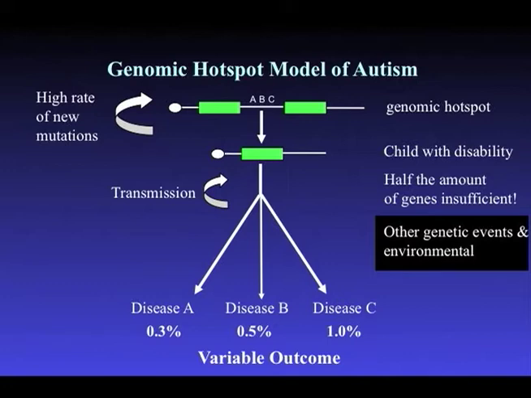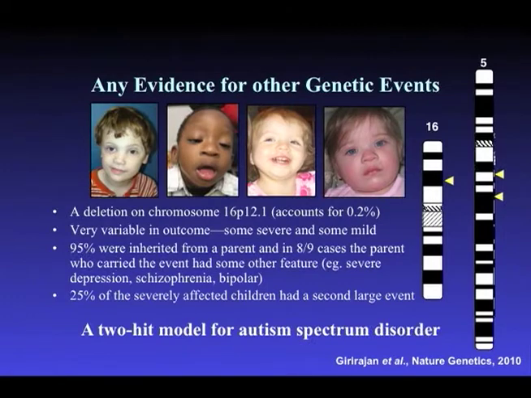But what's nice about this model is it helps to explain the comorbidities that we've seen between these various diseases, and it helps to explain the fact that we have both inherited and de novo events occurring for these large CNVs. And I think these are important for setting the stage for a model for thinking about autism and developmental delay more generally. So is there any evidence for additional genetic events?